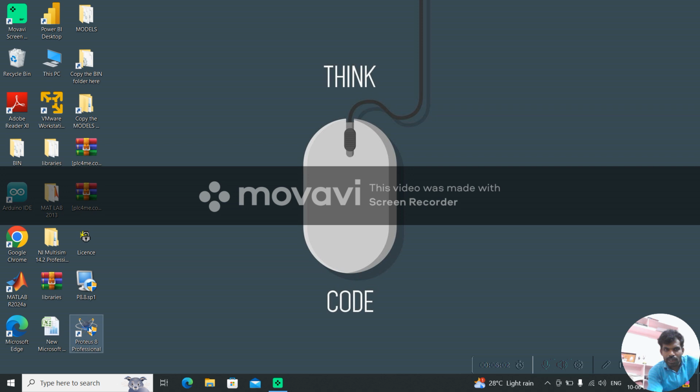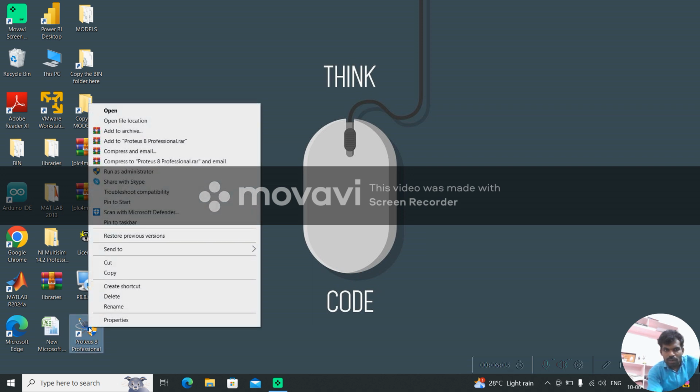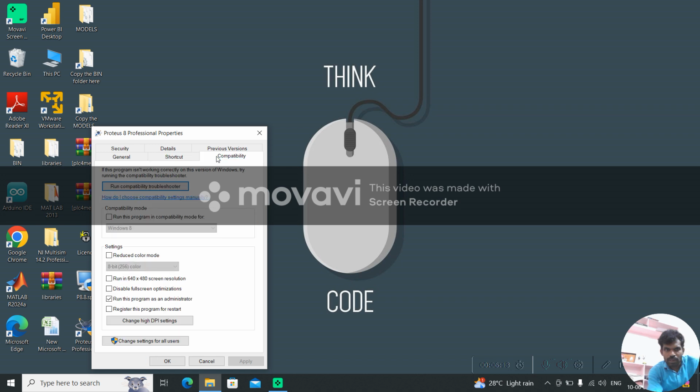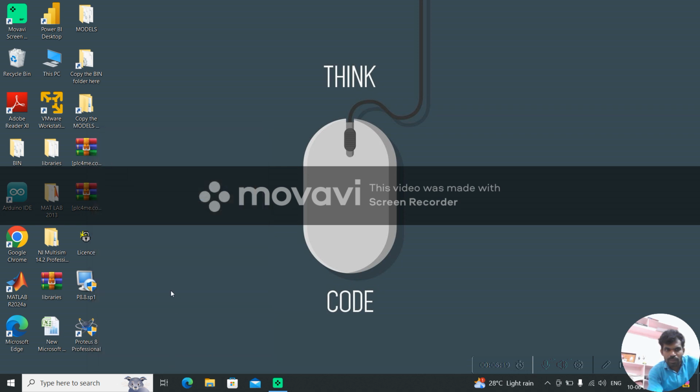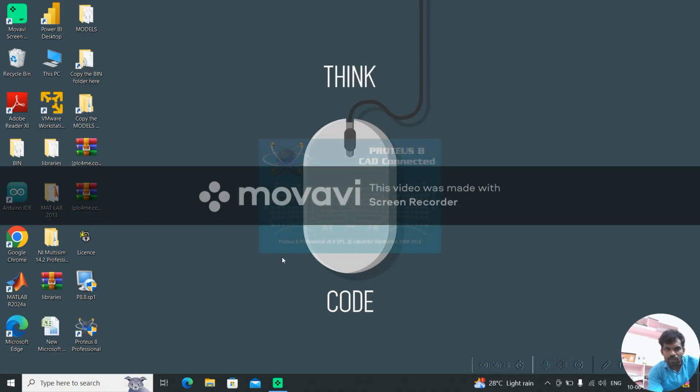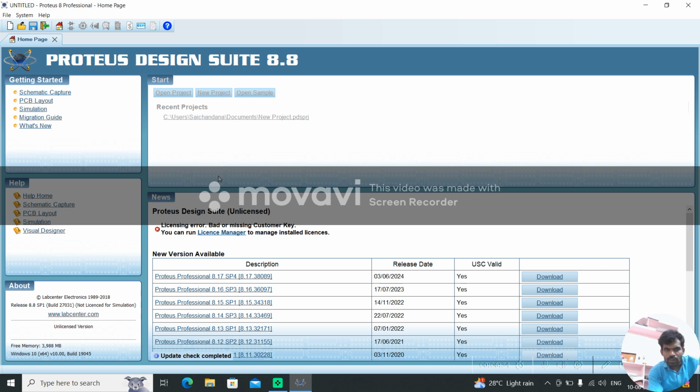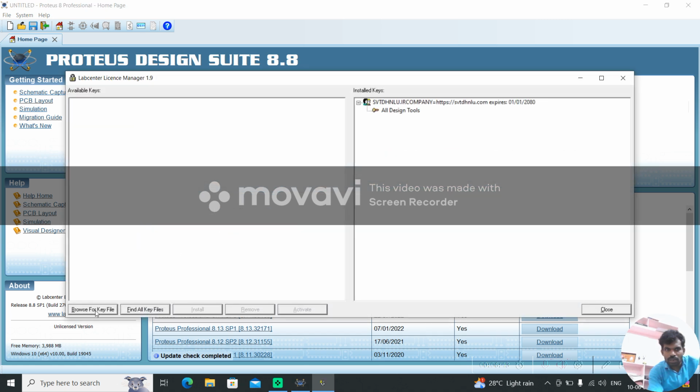Now again right click on this Proteus Professional icon on desktop, click on properties and click on compatibility and choose run this program as an administrator. Okay. Now double click on this Proteus 8 Professional, click on yes. So now here is a licensing error. So click on this license manager and click on this browse for key file